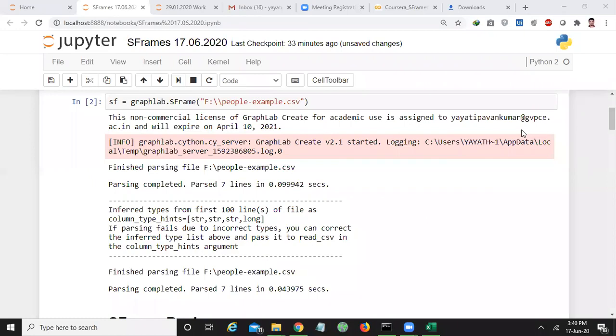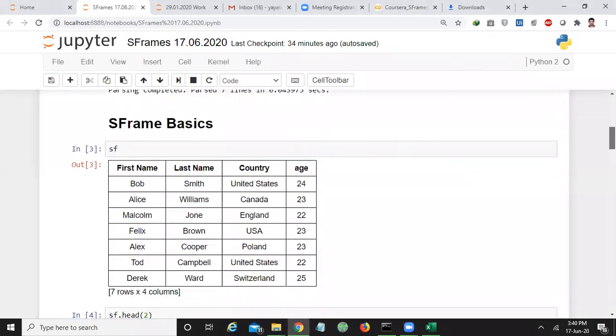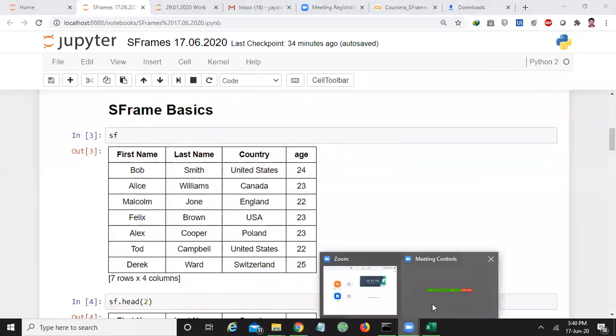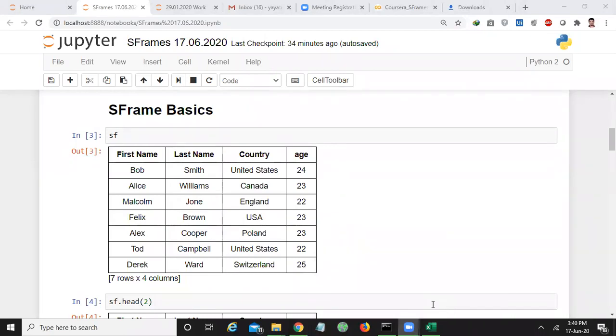Please, have you loaded, I think all of you have loaded S frame, right? All have loaded S frame. From where I should show for practice? Please acknowledge to loaded. Okay, good.